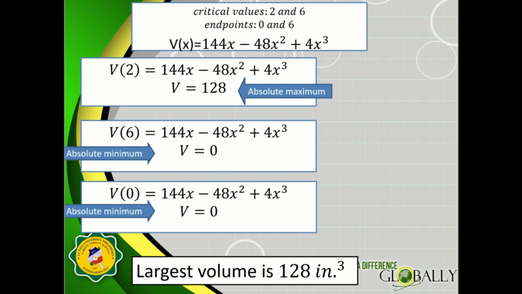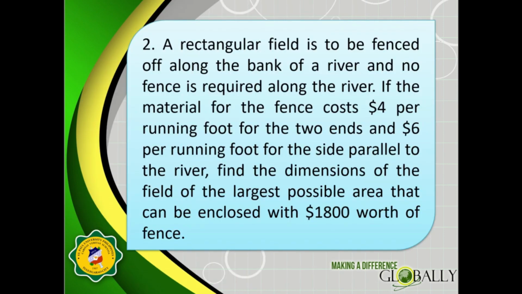Sounds easy, right? So for our second problem, we have a rectangular field to be fenced off along the bank of a river, and no fence is required along the river. The material for the fence costs $4 per running foot for the two ends and $6 per running foot for the side parallel to the river, and they are asking us to find the dimensions of the field of the largest possible area